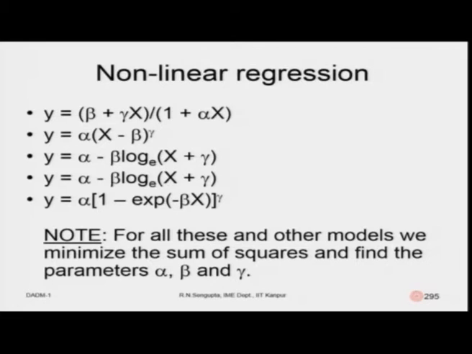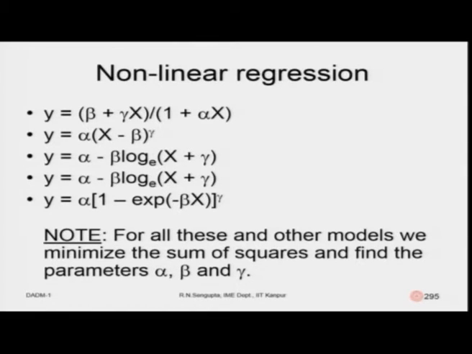Another equation giving the relationship between y and x is the second one, where y is equal to alpha into x, in the bracket x minus beta, to the power gamma. The third and fourth ones relate the logarithm of x to y. The only problem here, why it has become complicated, is that gamma is inside the logs, hence finding the partial derivatives, putting them to 0 and solving may not be straightforward. The last one is where you have the relationship of x and y given by an exponential function.